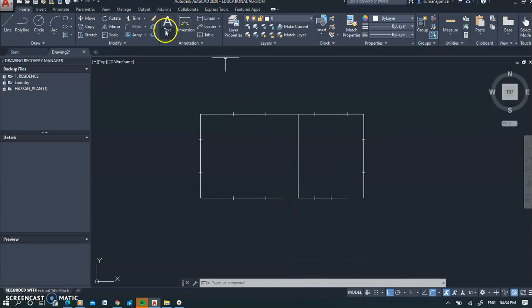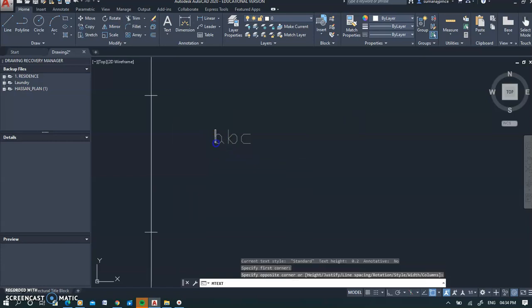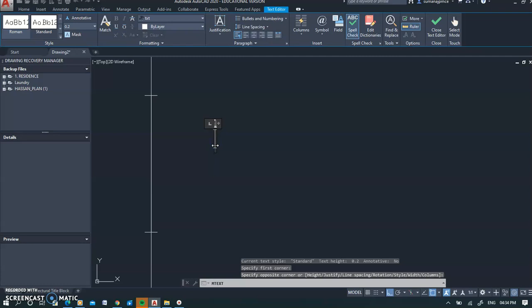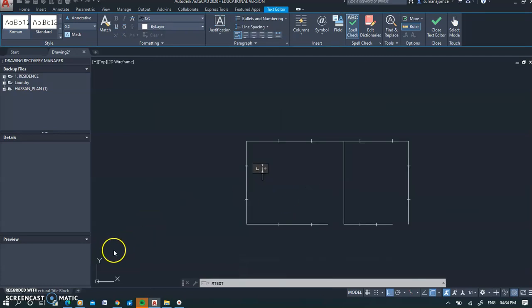So what I do is text, and it is asking you for the first point, so you do that and you show the height here in the drawing, how big you want, and then start writing. So this room is called, let's say, room 1. I'll make it capital letters, caps lock, ROOM 1. Okay,